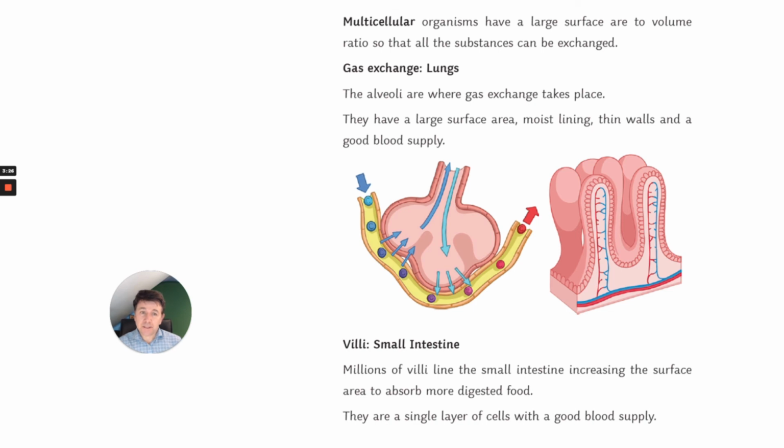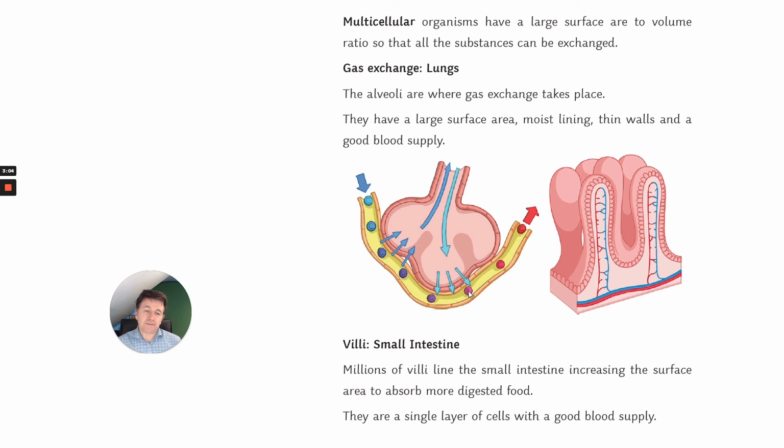In lungs you have many millions of alveoli. They've got a massive surface area, they're thin, and they've got a really good blood supply. You can see the blood moving past the alveoli. When you breathe in, the oxygen is in a much higher concentration inside the alveoli than it is in the blood. So that means that